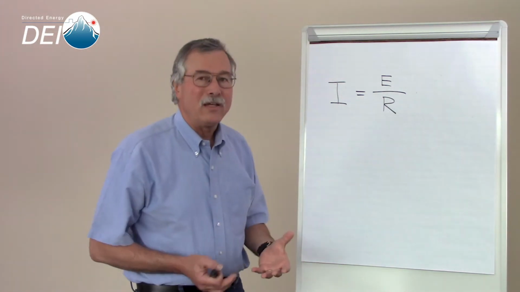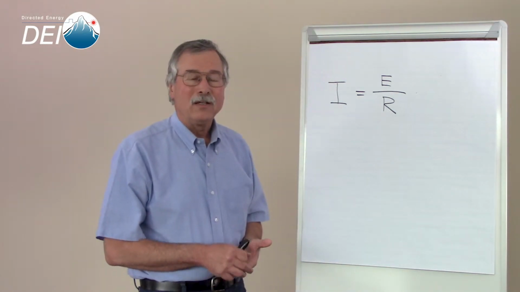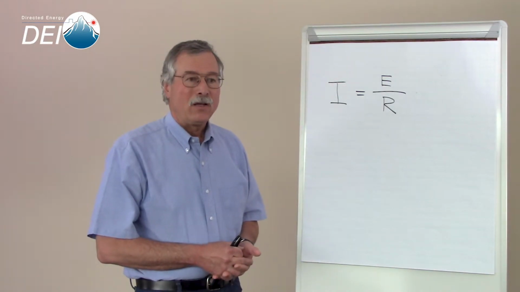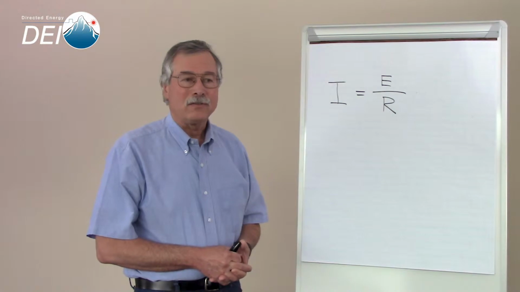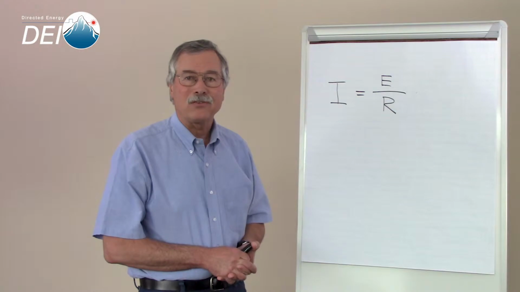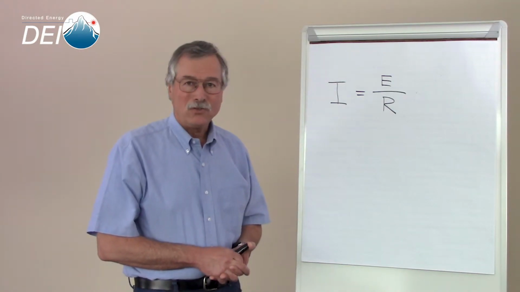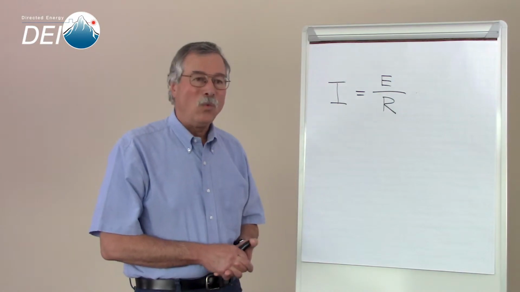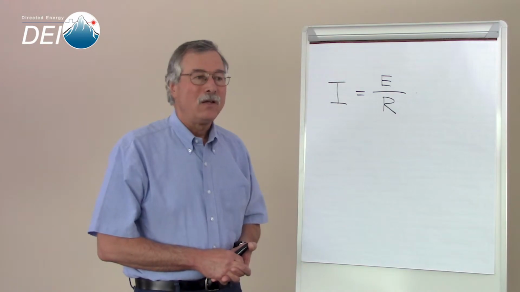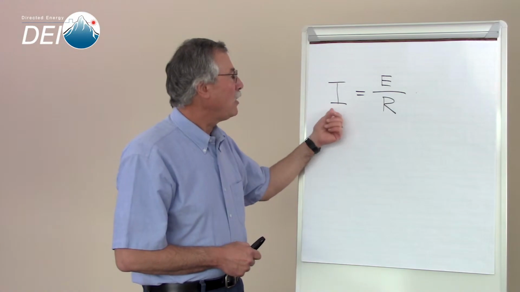We're very used to thinking in terms of voltage sources. 1.5 volt flashlight battery, 9 volt transistor radio battery, 12 volt car battery, 115 volt AC outlet, 230 volt AC outlet for our big electrical appliances at home. These are all voltage sources. We are less used to thinking about current sources, a 1 amp or a 10 amp or a 100 amp current source. Now, as you can see from Ohm's law, if we need a certain amount of current to flow